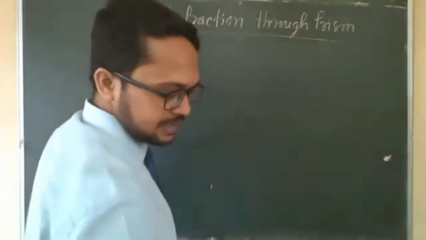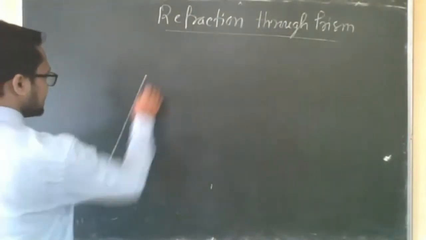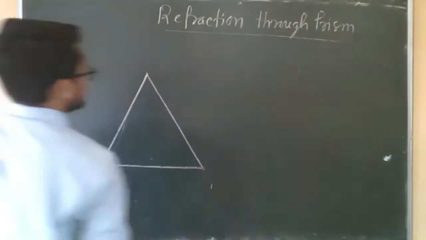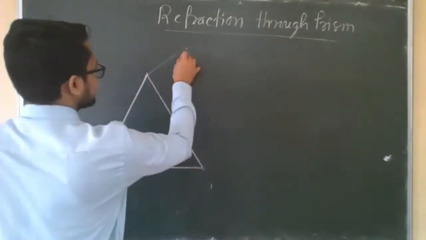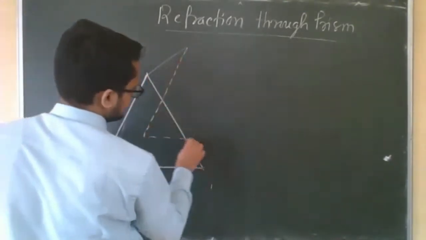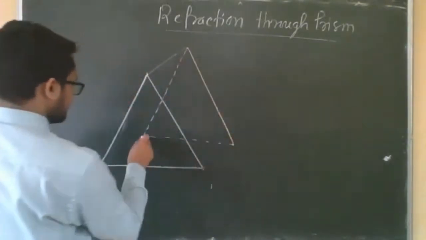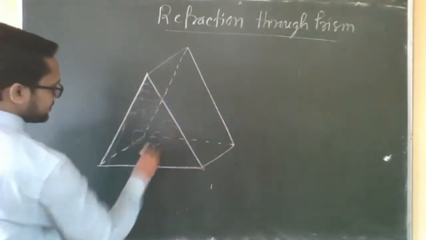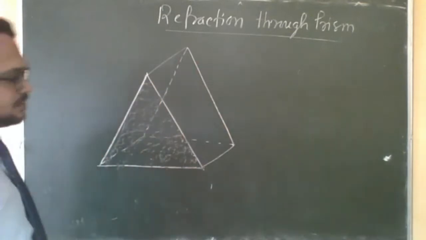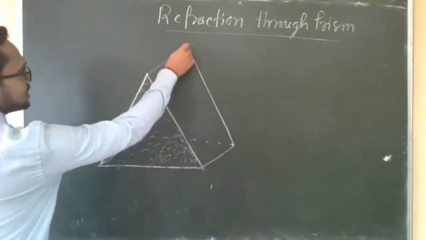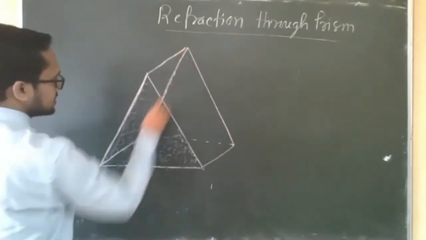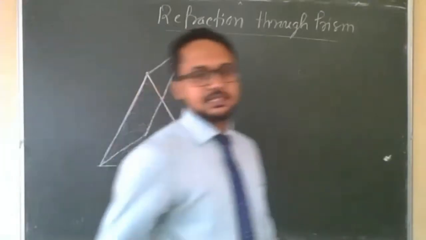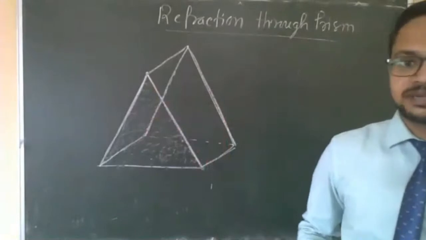Now, a prism looks like a triangular shape. If you see from one face, it will look like a triangular shape. I hope I had shown you this prism when you were here, right? So this is the prism. This is the front face, which looks like a triangle. And these two faces, this face and this face, are the two faces at which refraction will occur.